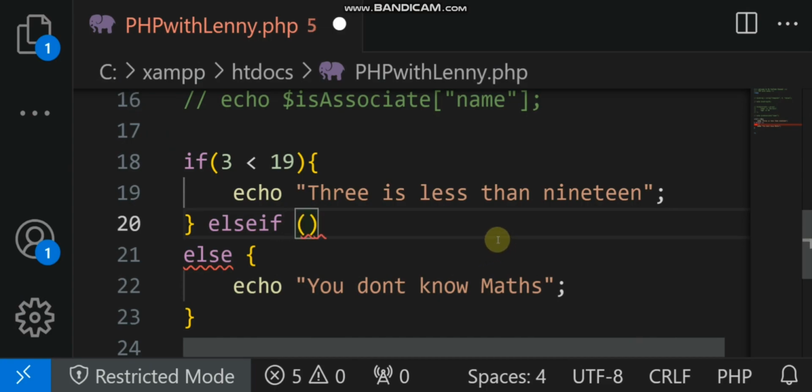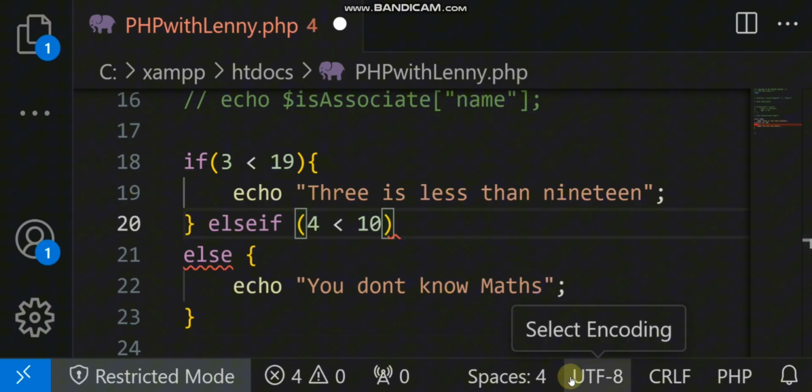We're going to calculate another condition right here. So 4 is less than 10. I wrote so many zeros right there. So if 4 is less than 10, we should echo